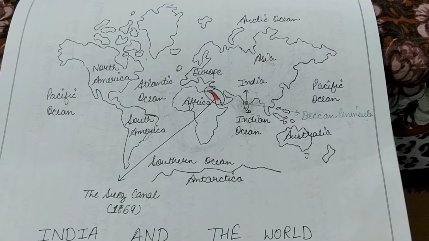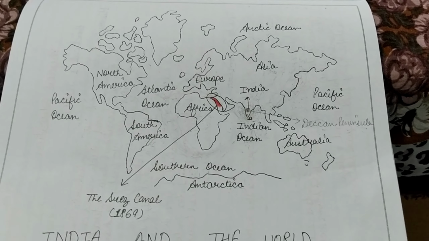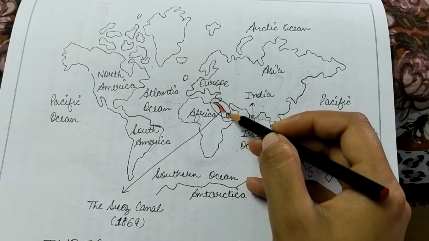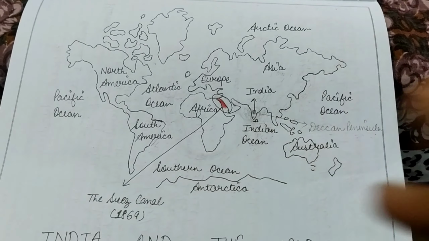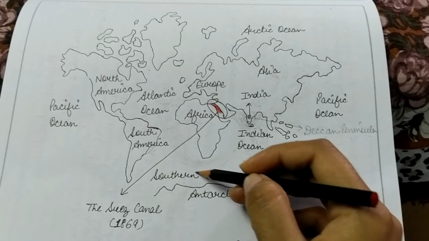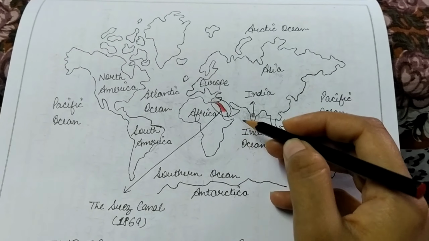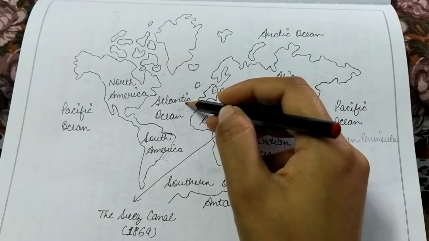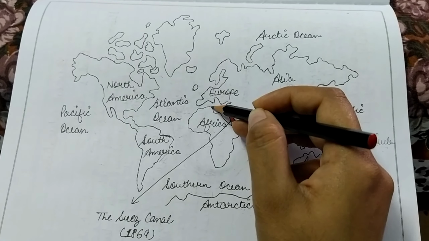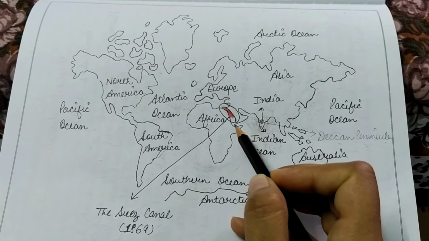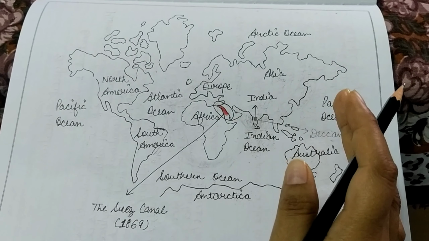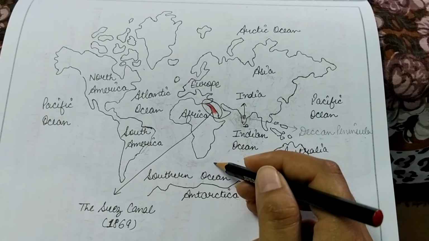ओके, सो इसकी वजह से 1869 के अंदर एक कैनाल बिल्ड की गई जिसका नाम था सुएज कैनाल. द लोकेशन ऑफ सुएज कैनाल इज हेयर नियर द रेड सी. ओके, सो इस कैनाल की वजह से इंडिया को अब इतना लंबा रूट ट्रैवल नहीं करना पड़ता था, बिकॉज दिस इज़ द शॉर्टेस्ट रूट, ठीक है, टू कनेक्ट द इंडियन ओशन एंड द अटलांटिक ओशन. अब इंडिया बाकी कंट्रीज़ के साथ ट्रेड करने के लिए ये रूट यूज़ करता है, एंड इस रूट ने अराउंड 7,000 किलोमीटर डिस्टेंस रिड्यूस कर दिया.